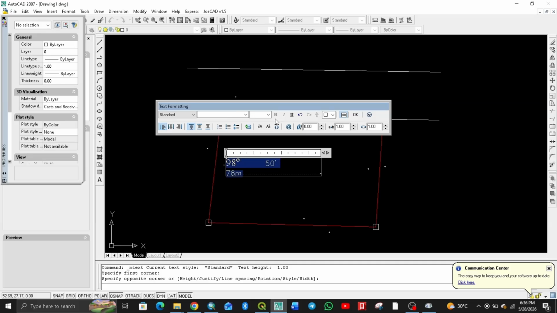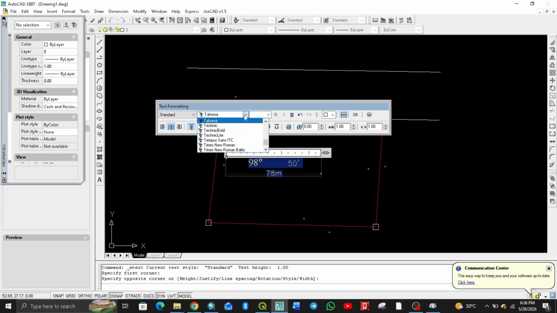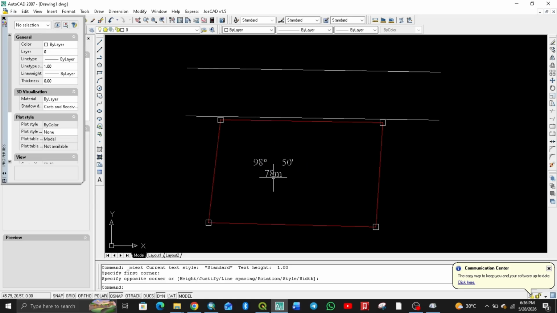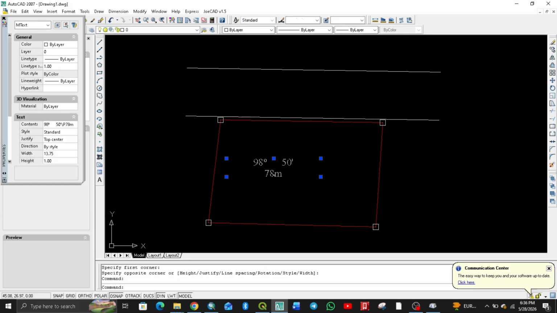Okay, so bring everything to the center here, align it, text normal. Okay, good. You can change the size, change anything you want to change. Let's make this 1.5. No, it's too big. Let's make it 1. Okay,